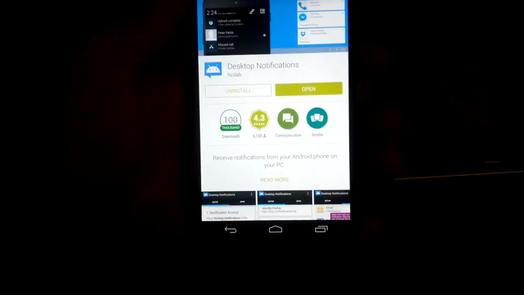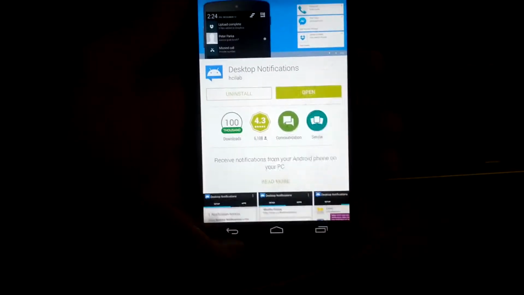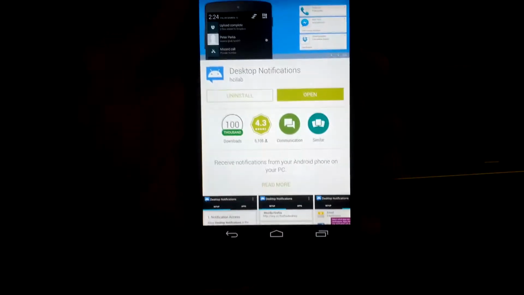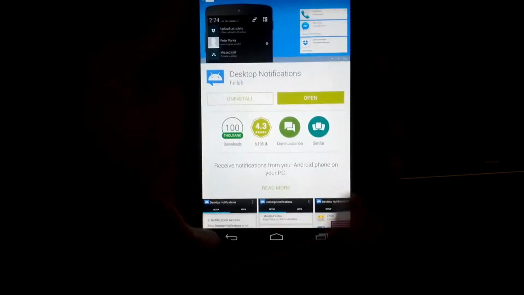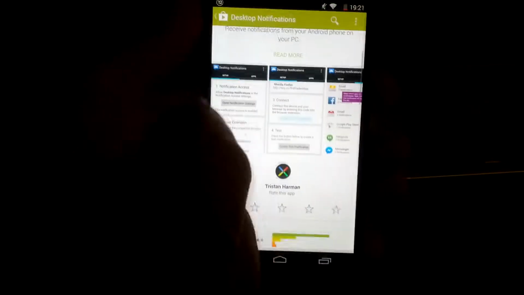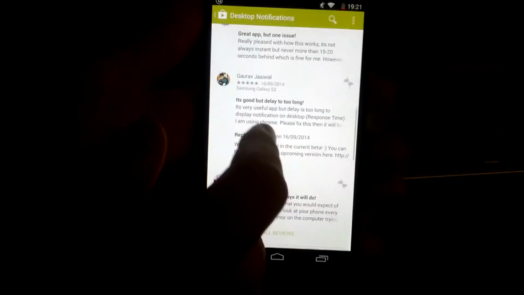I don't know about support for things like Opera, or if Opera has support for add-ons, actually. Not sure about that one. But so far, Chrome and Firefox have support for this application, and you can get it for free in the Google Play Store, and it is a secure application apparently. They do seem like a trusted developer, so I'm going to give them my word, but it's very easy to set up. People seem to have... these seem to be pretty old reviews, I think. Oh no, they're pretty